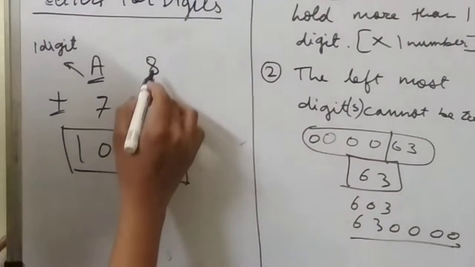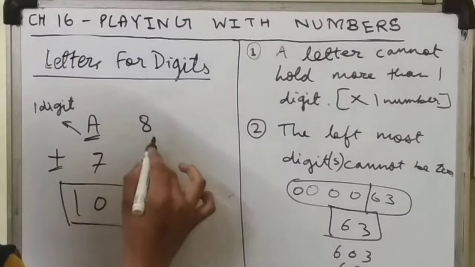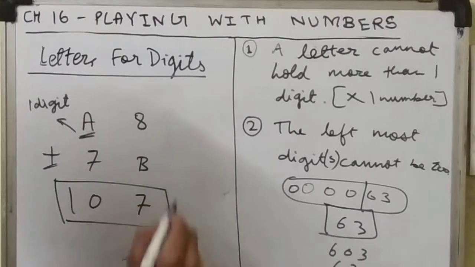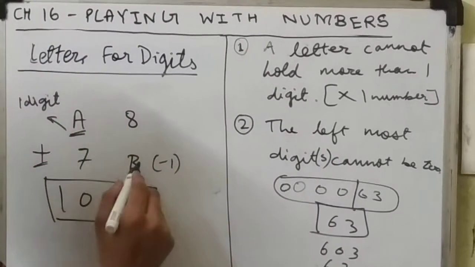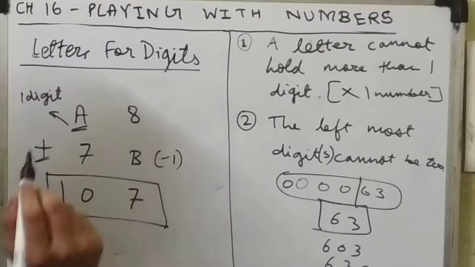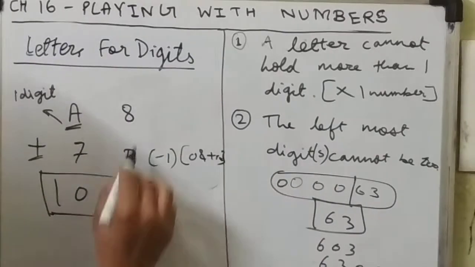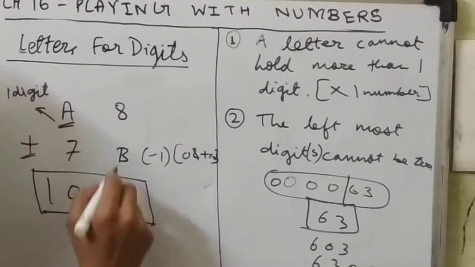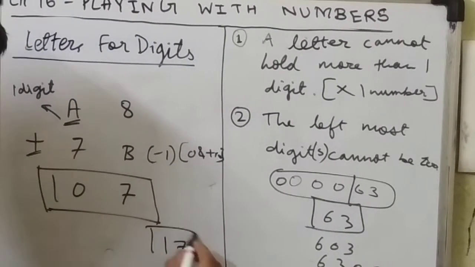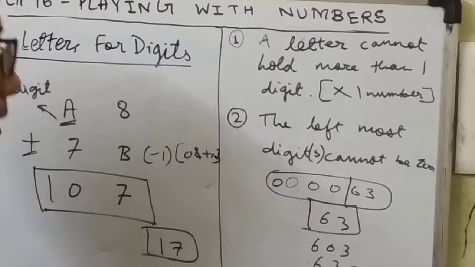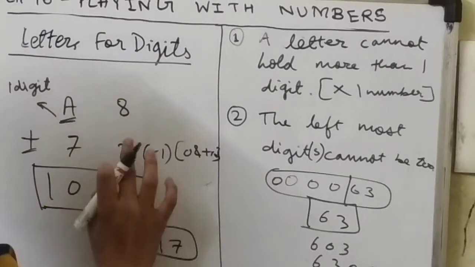Now we'll be using these two rules only and some common sense. Now 8 plus something is equal to 7. We know that 8 minus 1 is 7, but whenever we add, there is no negative; we only consider 0 and positive ones. So what can we consider here? 8 plus what is equal to 7? We can't consider 7, instead we will consider 17. Why not 27? Why not 30? I'll be explaining soon. Now 8 plus what is equal to 17? That means 17 minus 8 is what? 9. So we'll be substituting 9 here.